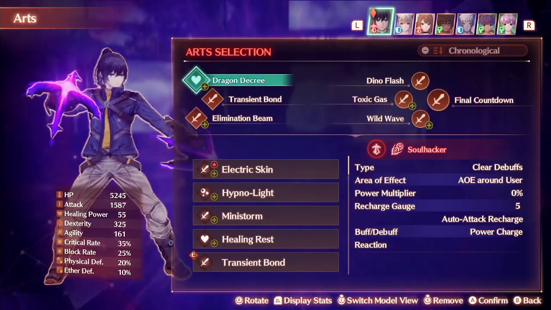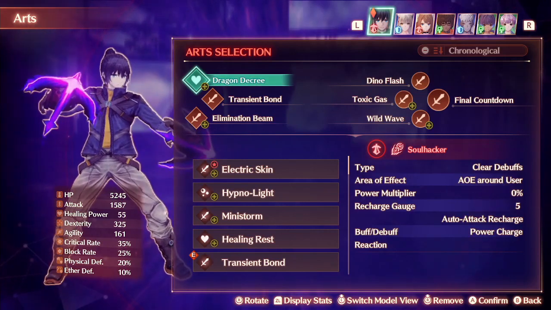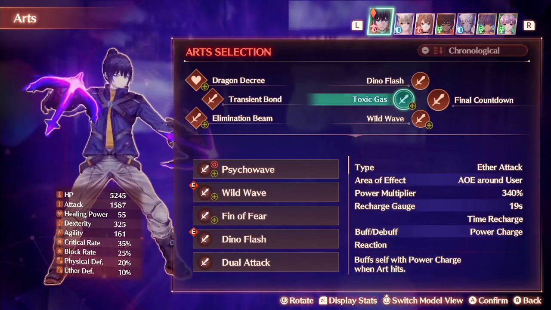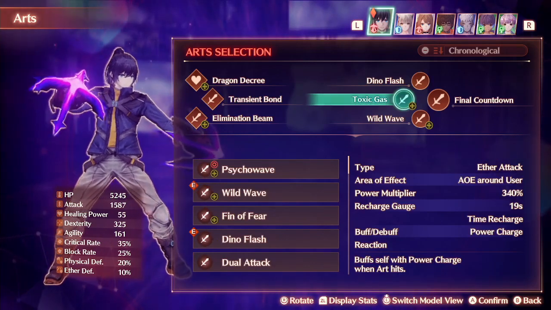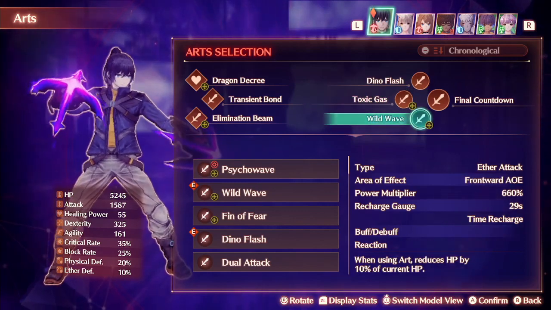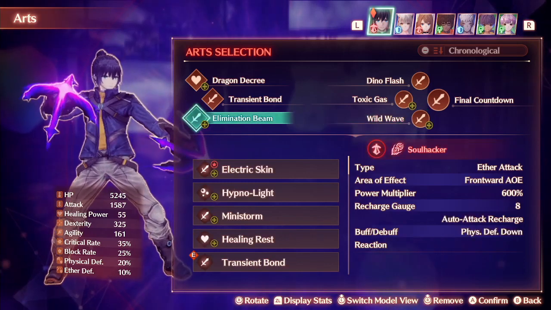Drain Decree is a nice buff that just grants power charge right away and is very useful when combined with other effects. It can be comboed into Wild Wave and Elimination Beam for massive damage. And then there's another effect that can be done which will actually grant us power recharge a second time. So you can get it from any of these arts. And then Wild Wave is just a 660% damage multiplier and